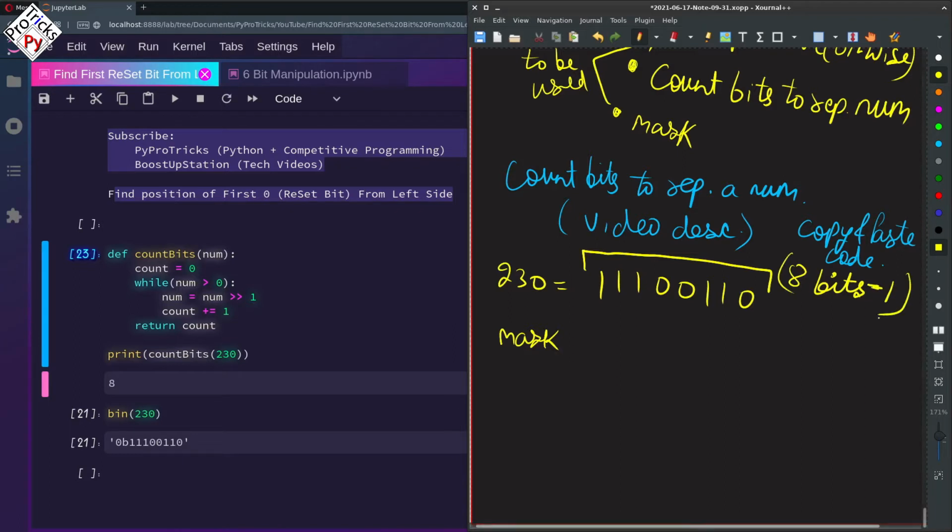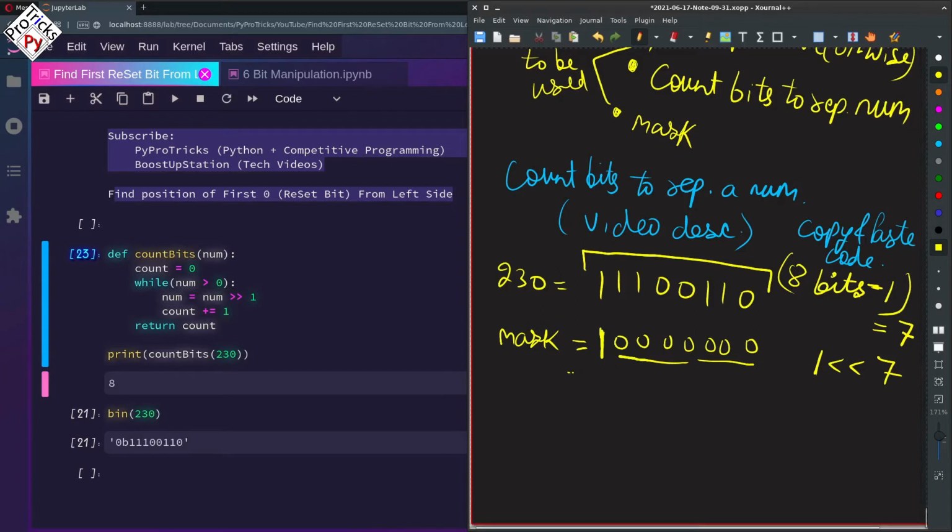This will give us 7, and the mask will be 1 left shift by 7. If we left shift 1 by 7, then 1 will be on the left side and there will be 7 zeros on the right side of it. You can see 3 plus 3 plus 1, that is 7. So we have a total of 7 zeros after the 1 on the right side.